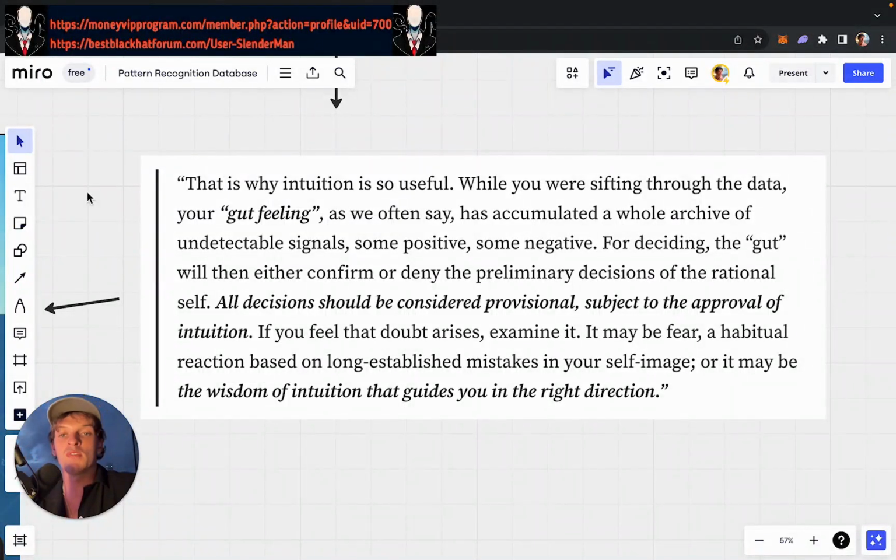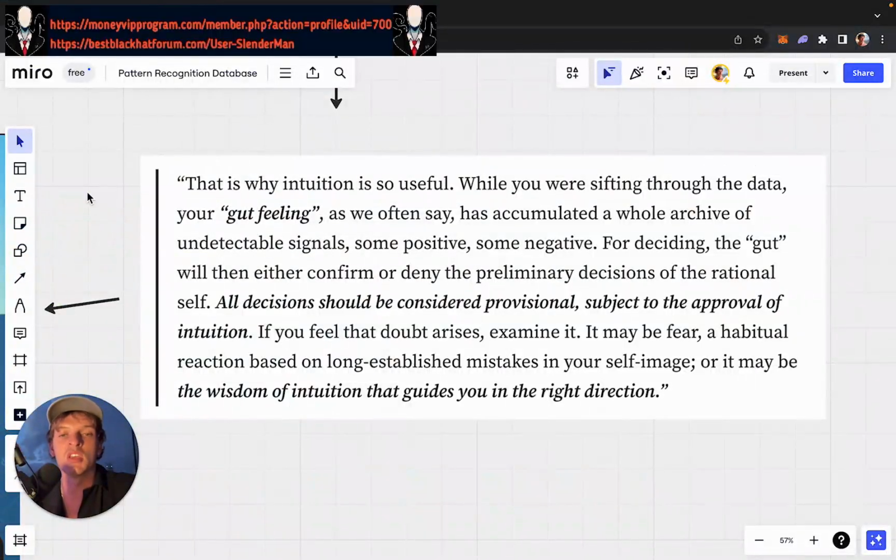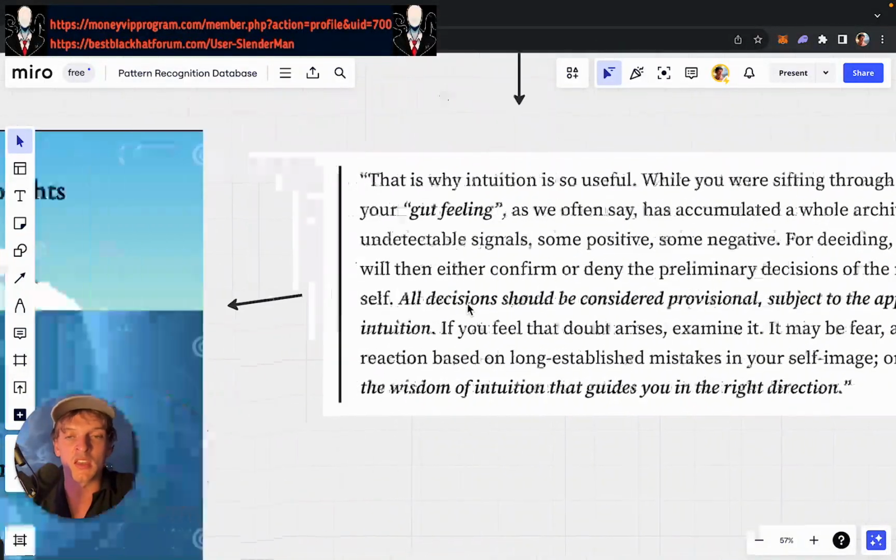A beginner investor will feel like buying at the top because instinctually they had to follow the herd. The best investors listen to the feeling of wanting to buy because they've downloaded an intuition from lived experience that they need to buy when it feels the worst to buy. That's the key difference between a good investor and a bad investor. It's listening to instinct versus listening to their intuition through lived experience, through the pattern recognition database that they have downloaded from thousands of hours of making mistakes and learning and understanding what they need to not do. Okay? So that's what it's saying here.